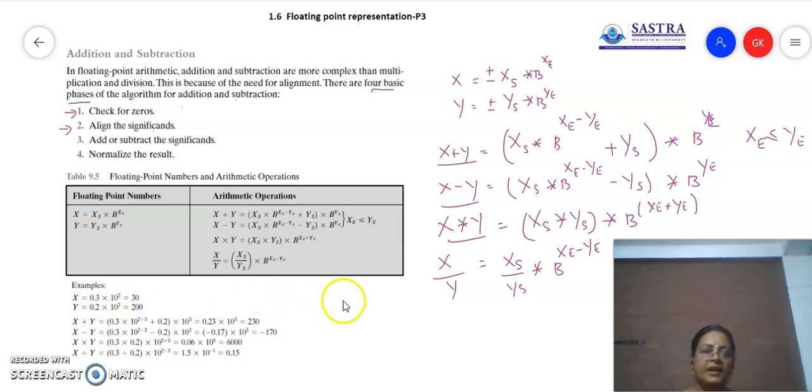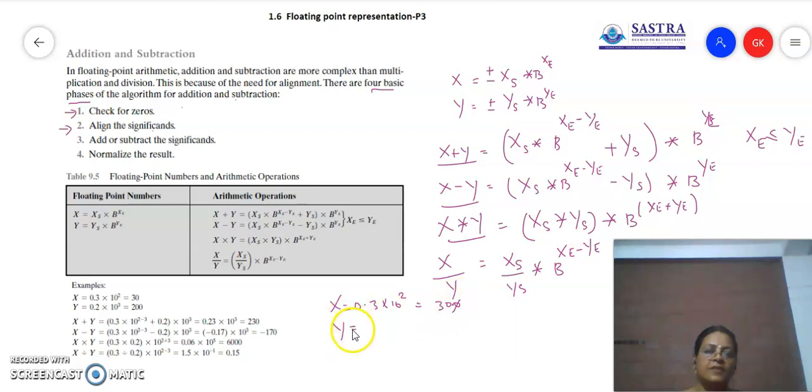So they have taken an example, x is equal to 0.3 into 10 power 2. Okay, so I think we all know the equivalent value, it is nothing but 3, then we have 10 power 2 as 0 0. Then there should be one point after this first digit, so you'll put a point here. So the equivalent value is 30.